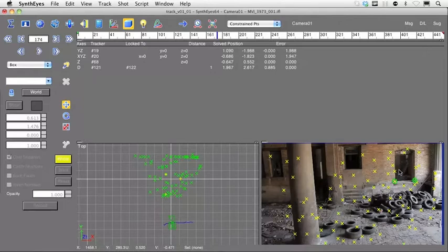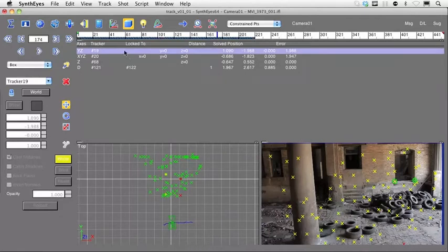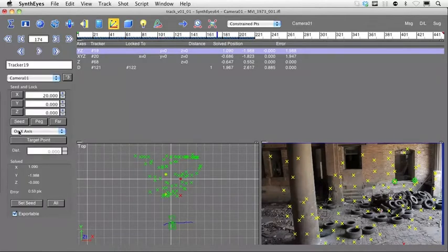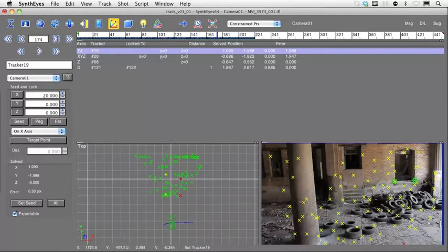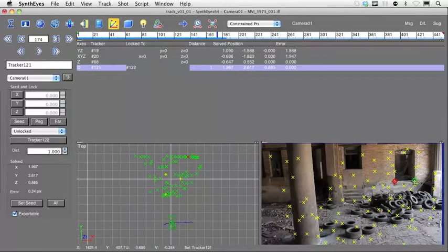So it's important that if you are doing that you first disable the x constraint for that axis point, just by going ahead and switching from log point to on x-axis, and then you can choose any of these 2 trackers, and by command clicking on the next one, you can constrain that tracker to it